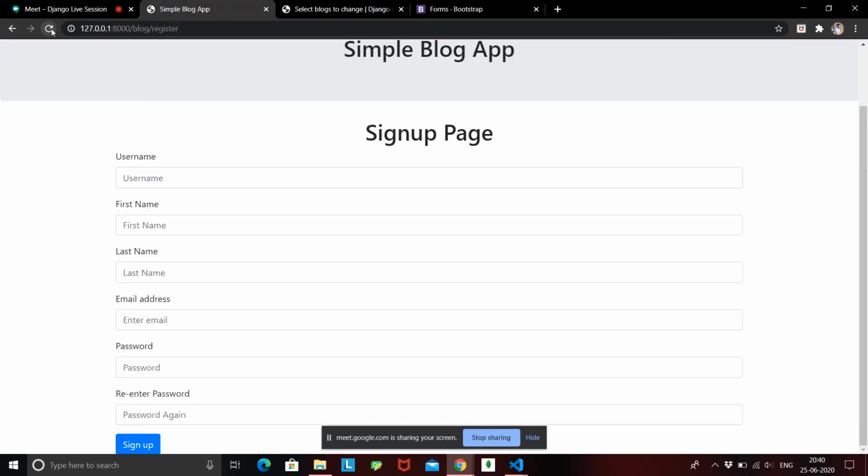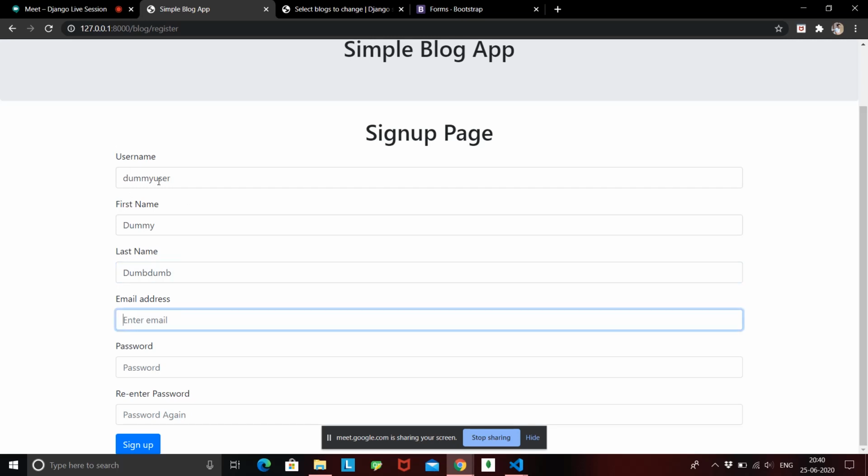I'll refresh my page and let's try to give in some username. Let's say dummy user is my username. I'll give him a first name as dummy and last name as dum. You can give any name there, as we are just checking if our code is correct or not.